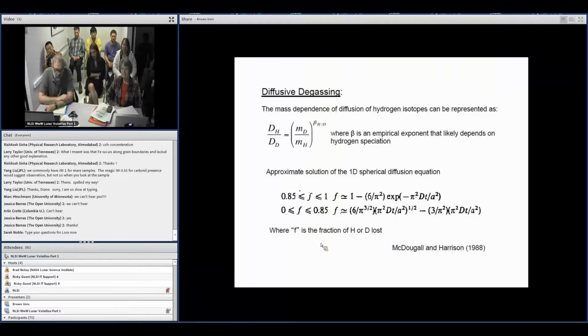So in order to deal with this, we consider just simple kinetic degassing. It's essentially a 1D spherical diffusion equation that we took from McDougall and Harrison. And essentially, the ratio of the diffusivity of hydrogen to deuterium is in some ways related to the difference in the mass of deuterium and hydrogen and a beta exponent factor, which has to do with the speciation. And when we do this calculation, there are many unknowns because we lack a significant amount of experimental